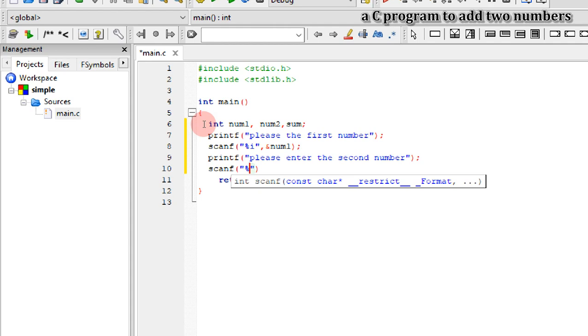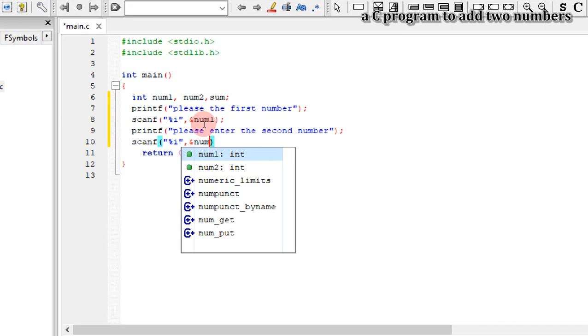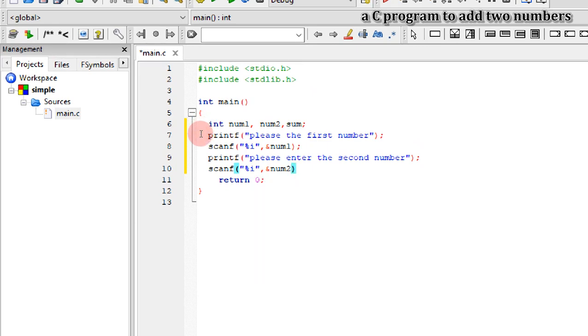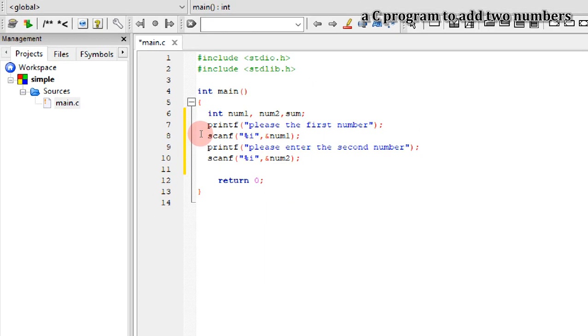I'll bring in my specifier. Percentage i is a specifier used for integer values. We can also use percentage d, which is also for integer values. Then if we have a float value, what we use is percentage f. Here I'm still going to have num2. Now that I'm done accepting both numbers,